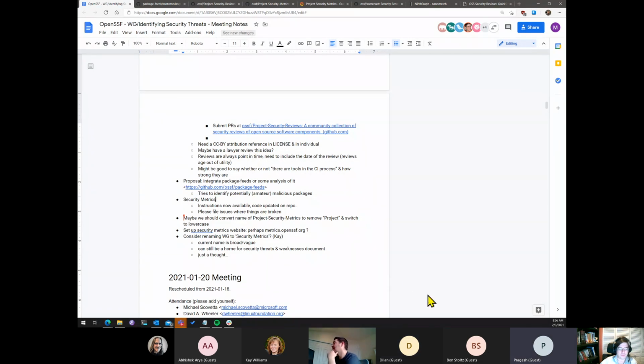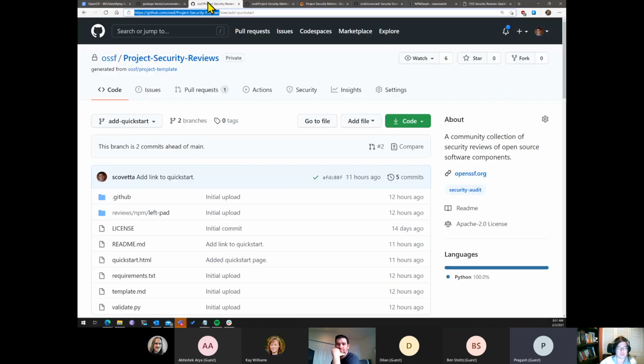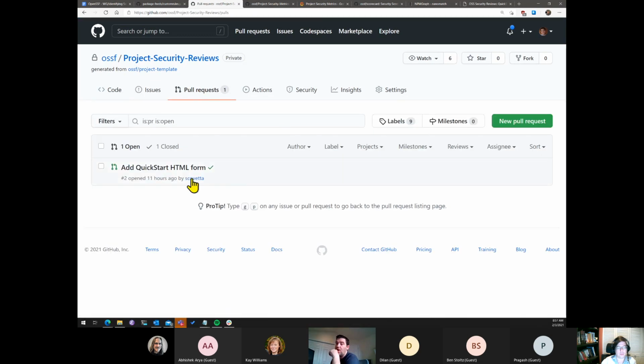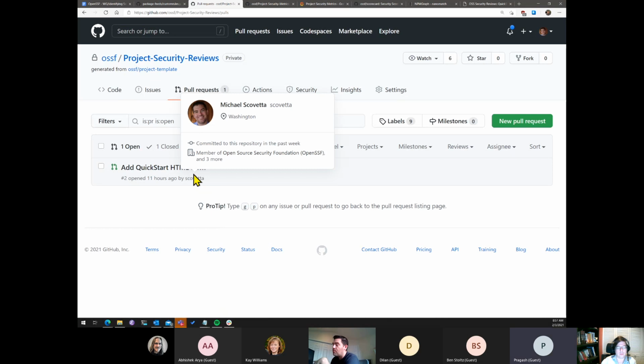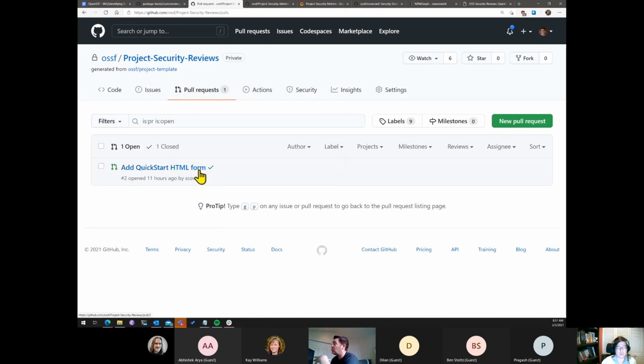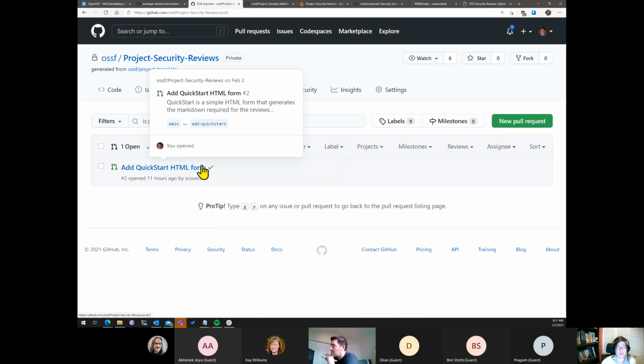I have a question on this. The reviews that we are going to do, will they be reviewed by somebody else? I mean, who reviews the review on this? Yes. So the pull request would be, especially after this goes public, we would expect that anybody can submit a pull request. And I'm open to suggestions on what the approval workflow should be, and I'm actually not sure exactly how